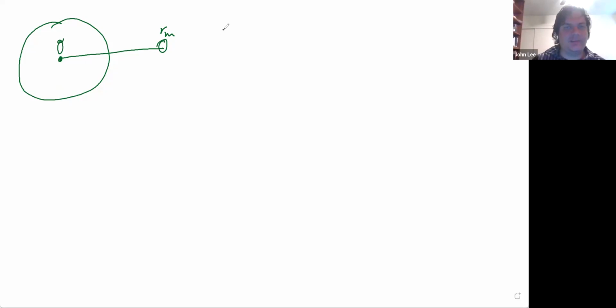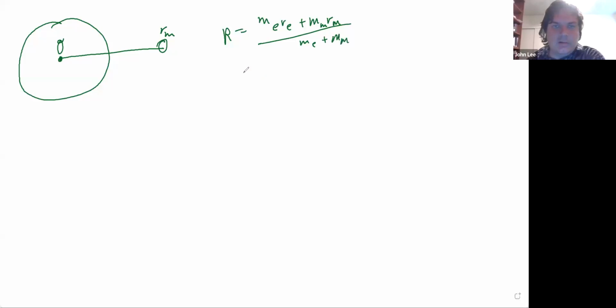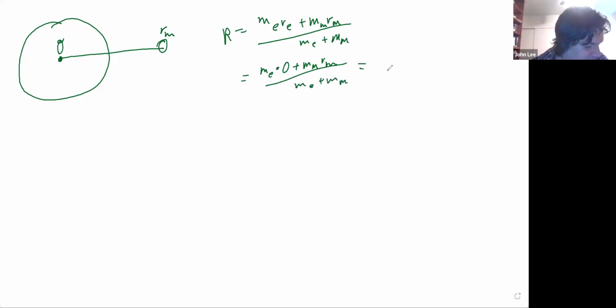So r, the center of mass, is equal to M Earth r Earth plus M moon r moon over M Earth plus M moon, which is equal to M Earth times 0 plus Mm, the mass of the moon, times Rm over Me plus Mm, which is equal to